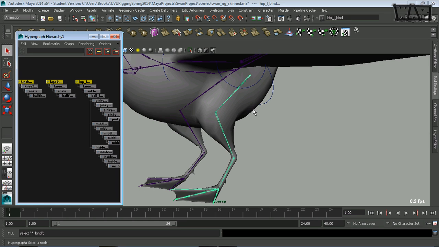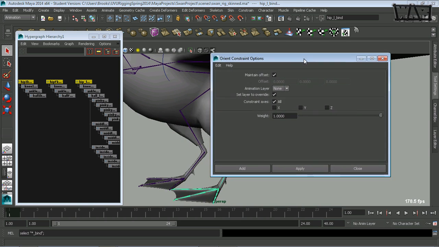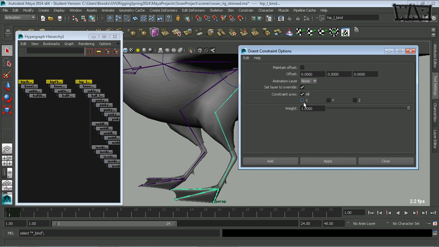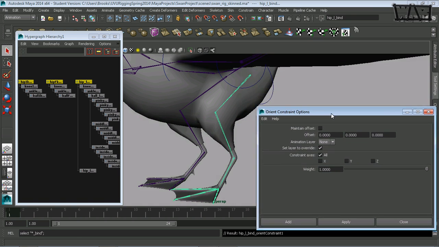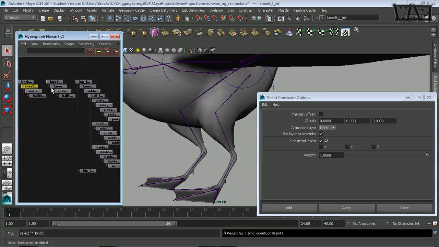Okay, so I've got those all selected. I'm going to hold down my space bar to go to my constraint menu, go to orient, the option box. I don't want to maintain offset. I want these to follow precisely. And I'm going to constrain all axes, and I'll click apply. Okay, so now I got this new constraint node down here. So I'm going to continue to do that. So knee IK, knee